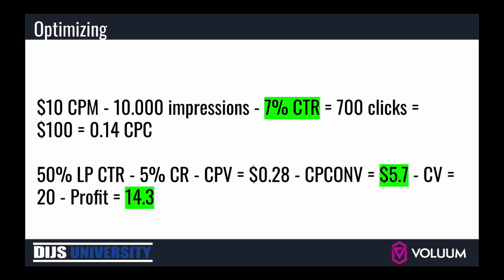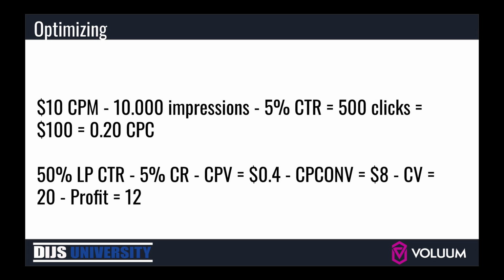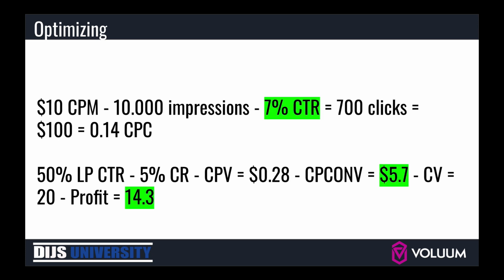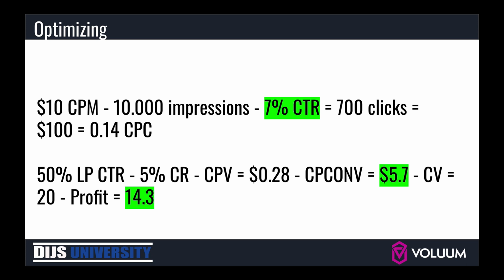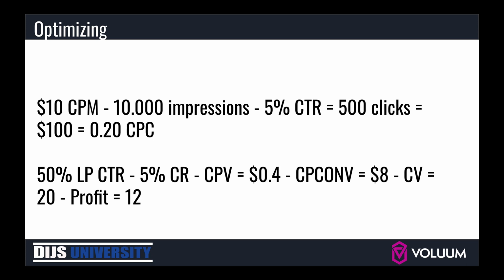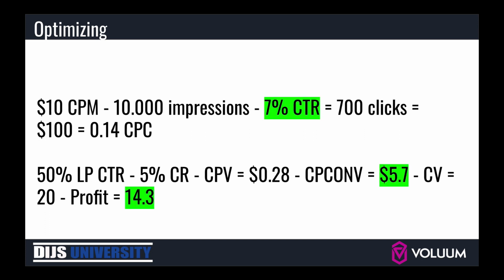We optimize the ad click-through rate. So now, instead of working with a 5% click-through rate, we work with a 7% click-through rate, which means we don't get 500 clicks, as in this example, we get 700 clicks, which means we get more clicks for the same amount of spend. It is a 2% ad CTR difference. So now, instead of having a 20-cent cost per click, we have a 14 cents cost per click, which means that here,